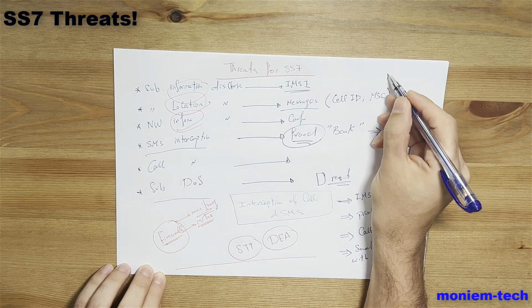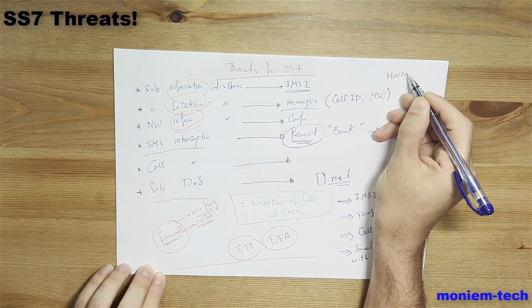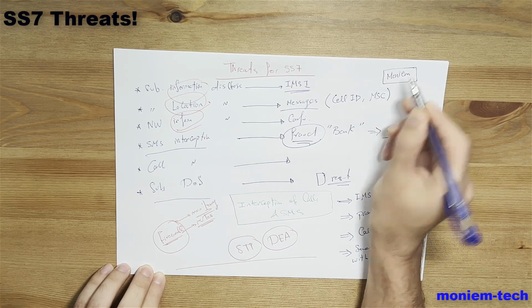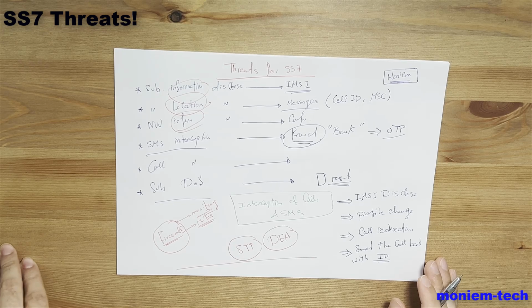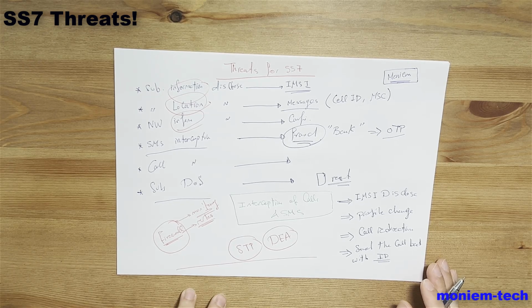So this is a high-level overview from Moniem about the threats for SS7: what is SS7, what are the threats in SS7, and how we can mitigate these